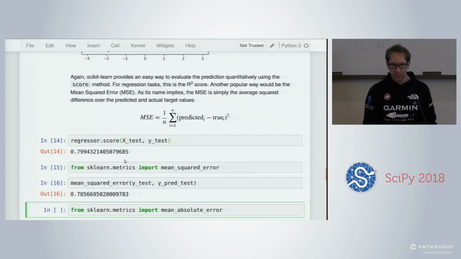So a way to evaluate in that case: we saw that for classification we use accuracy. In the case of regression, we are using the coefficient of determination, so it's an R-squared score.